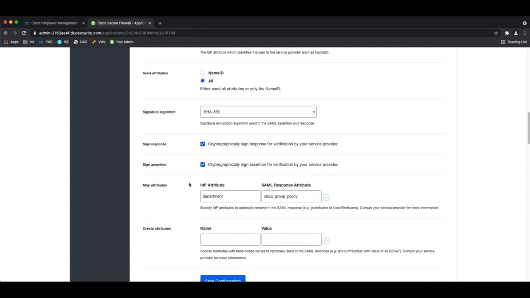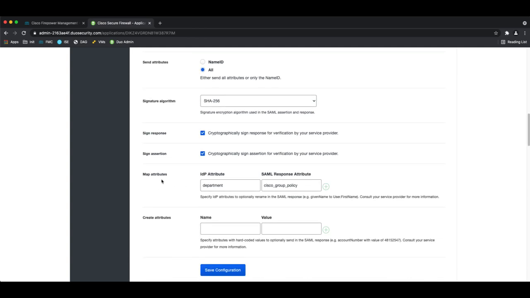This brings us to the most relevant field in this configuration, that is map attributes. This field associates the identity provider attribute to an appropriate SAML response attribute. In our case, we will configure department as an identity provider attribute that is retrieved from the authentication server, which is our AD server, and we map it with SAML response attribute that is